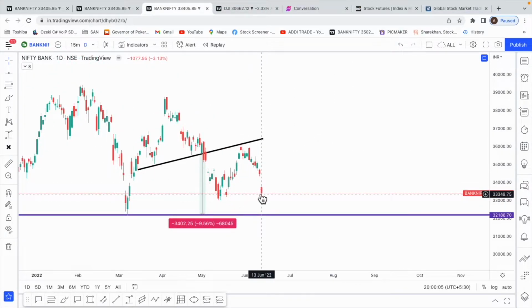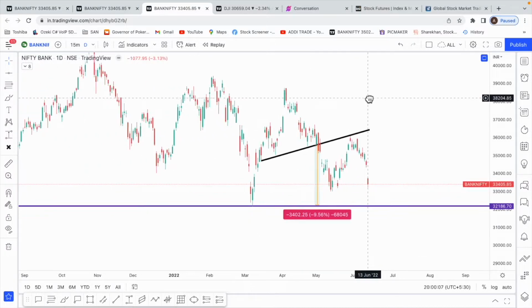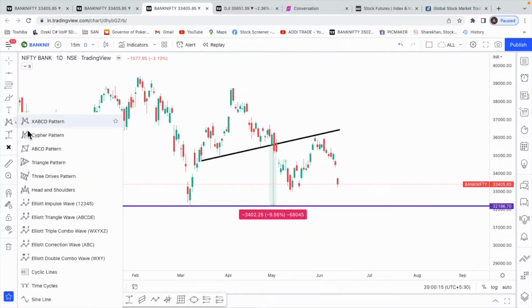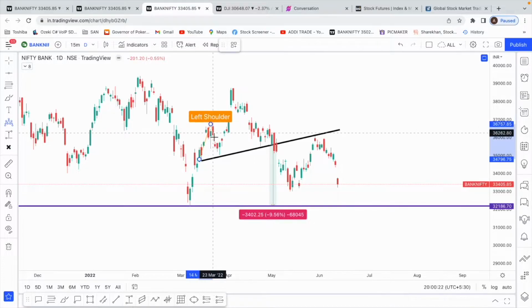And a couple of weeks back, on May 2nd last month, I did point out this head and shoulder, right? Let me just redraw it again. This can be a head and shoulder pattern, and